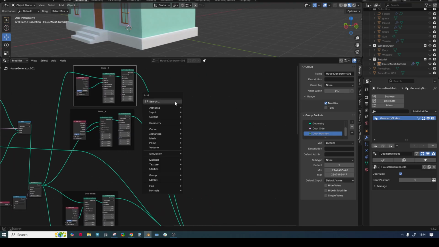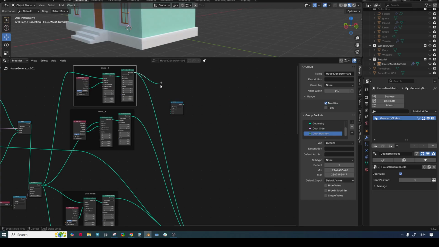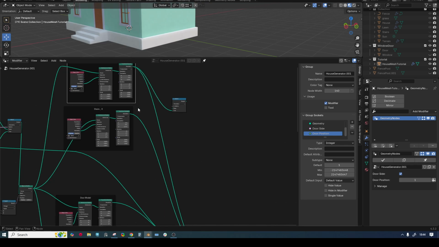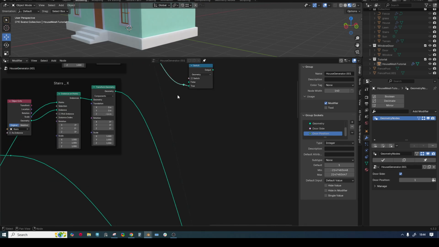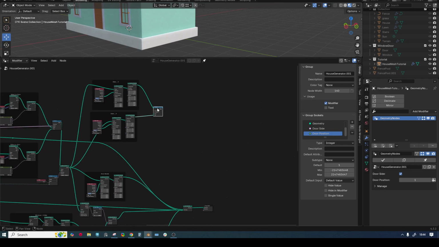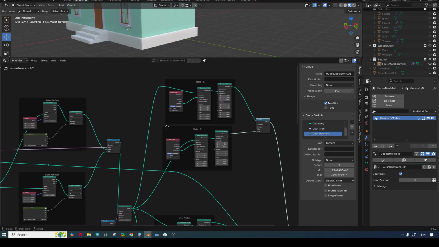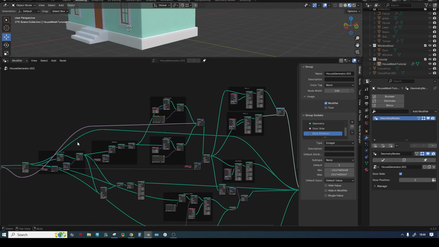And for this staircase we're going to use a switch node also. So true, true, and false. And we're going to synchronize it with our door switch. So I'm going to plug this here,